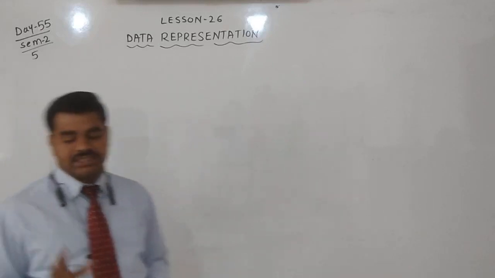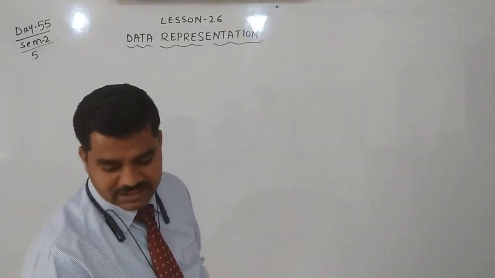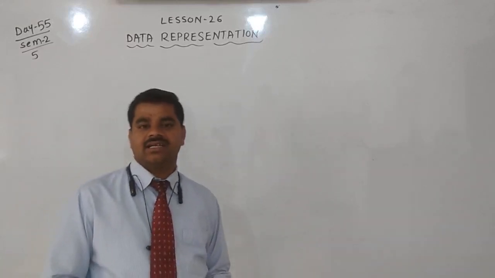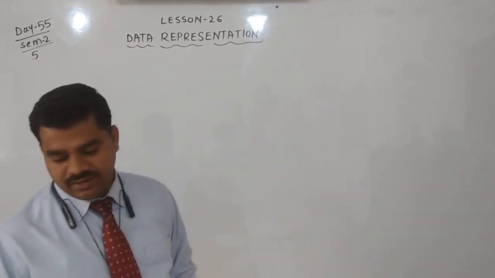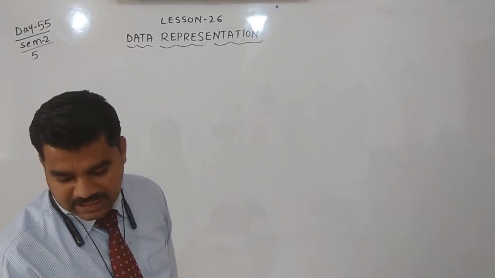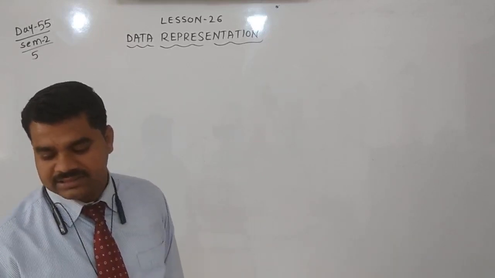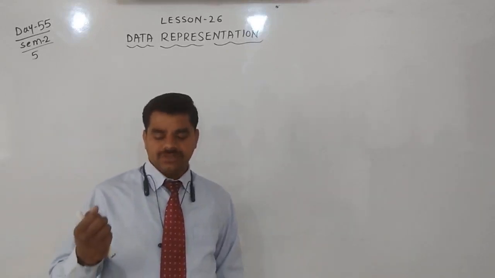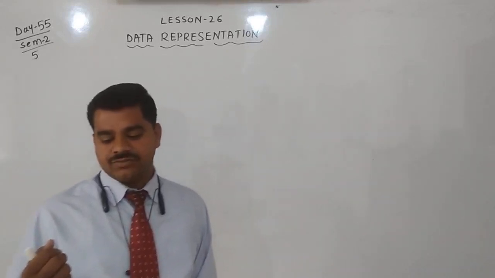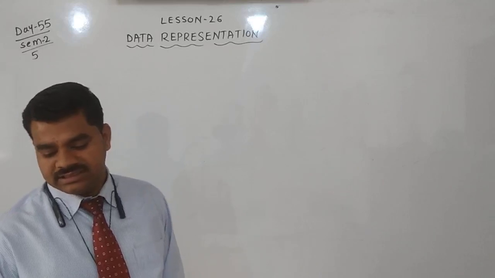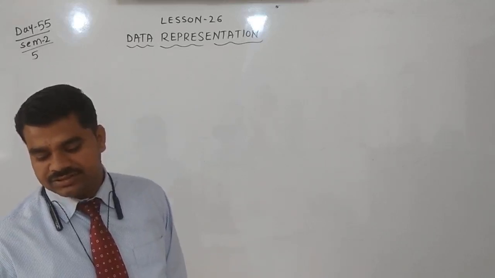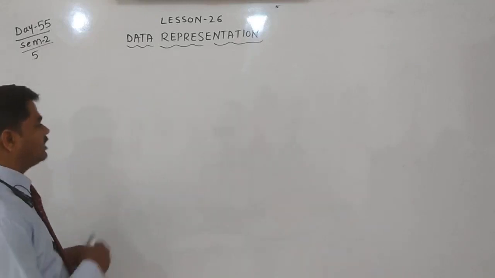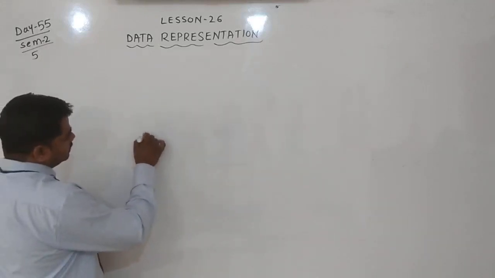Here, there is one simple piece of information given. Miss Jerina, the class teacher of class 5, asked the children of her class about the mode of transport, how they are coming to school. She represented the data using tally marks. Here you should know about tally marks also. This is pictorial representation.